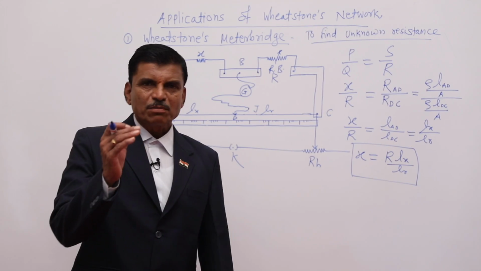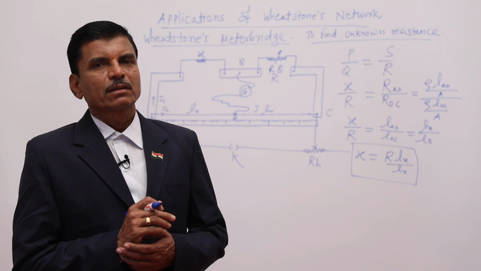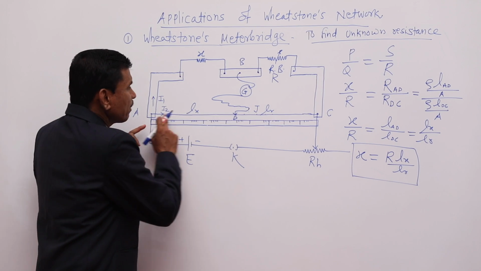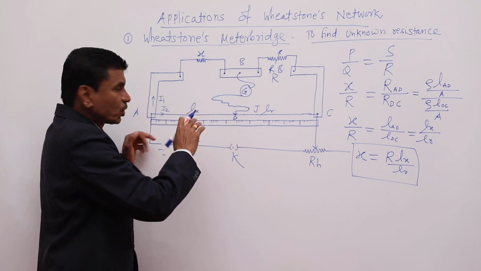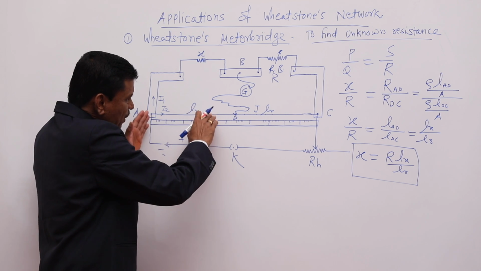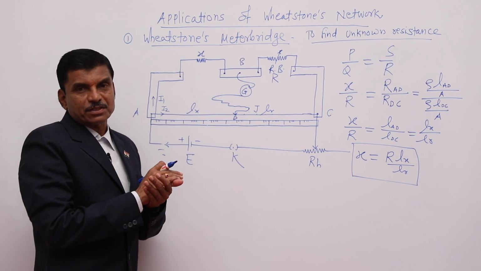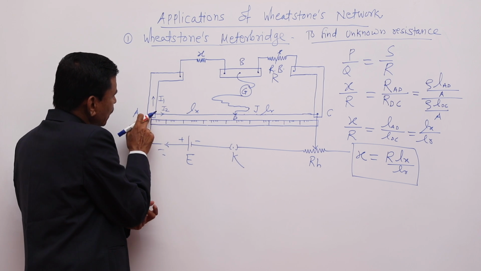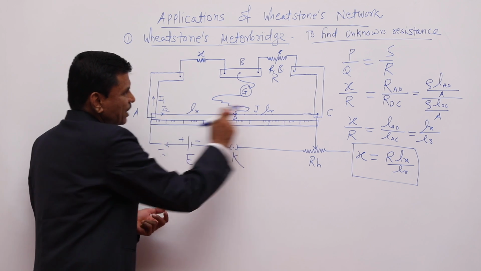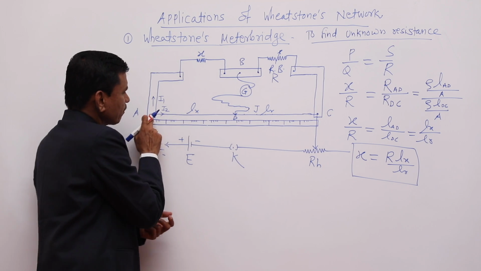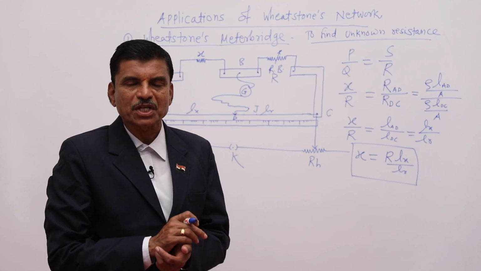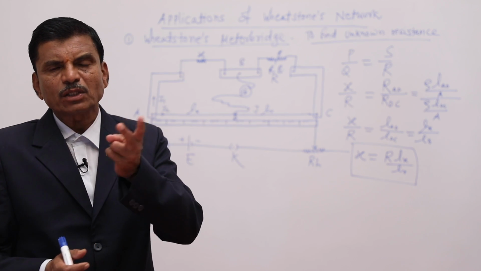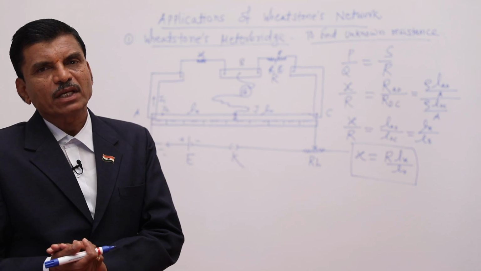Okay, there are some ways in which errors come in the experiment. First, the wire may not be uniform, so different sections of wire will have different resistance. Secondly, the wire is soldered with these metal strips, and these contacts will have some resistance, and contact resistance may not be equal. So these are the two ways errors come.